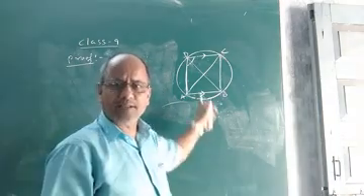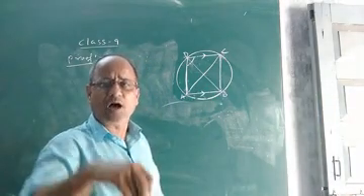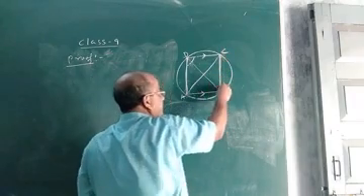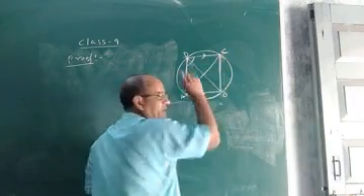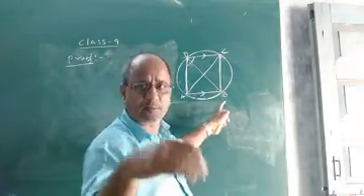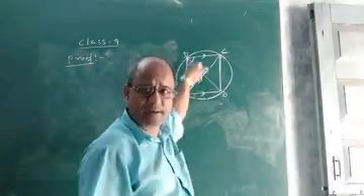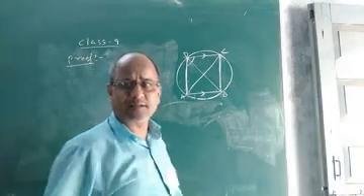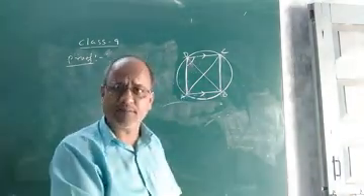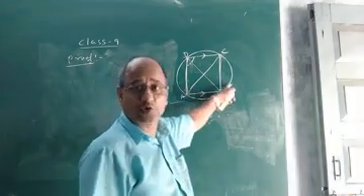So as in this cyclic quadrilateral ABCD, AB and CD are parallel, so no doubt it is a cyclic trapezium. Now the point is, if it is a cyclic trapezium, how will you prove that these two non-parallel sides are equal? What is the property? The property is, if a cyclic quadrilateral has one pair of opposite sides parallel, that is, if it is a cyclic trapezium, then it is isosceles.